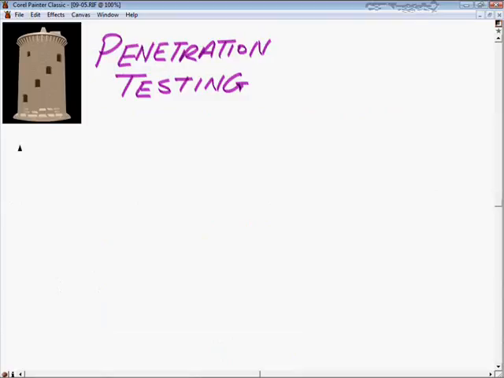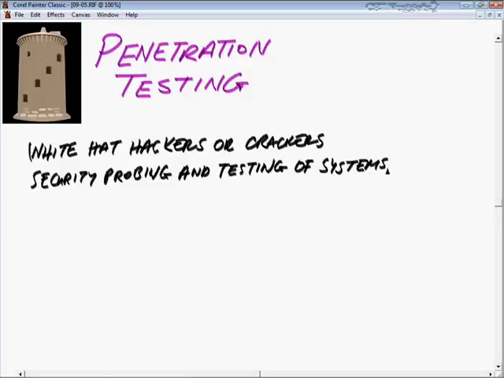It's called penetration testing, and it uses tools, for example, like protocol analyzers and other tools like hacker tools to try to penetrate your defense systems, to find out if your defense in depth is, number one, deep enough and broad enough and comprehensive enough. You've heard of black hat hackers? Well, penetration testing is done by white hat hackers. These are hackers or crackers who are basically professionals who are hired to come in and find weaknesses in my organization. Penetration testing is the security probing, the testing of systems, human systems,